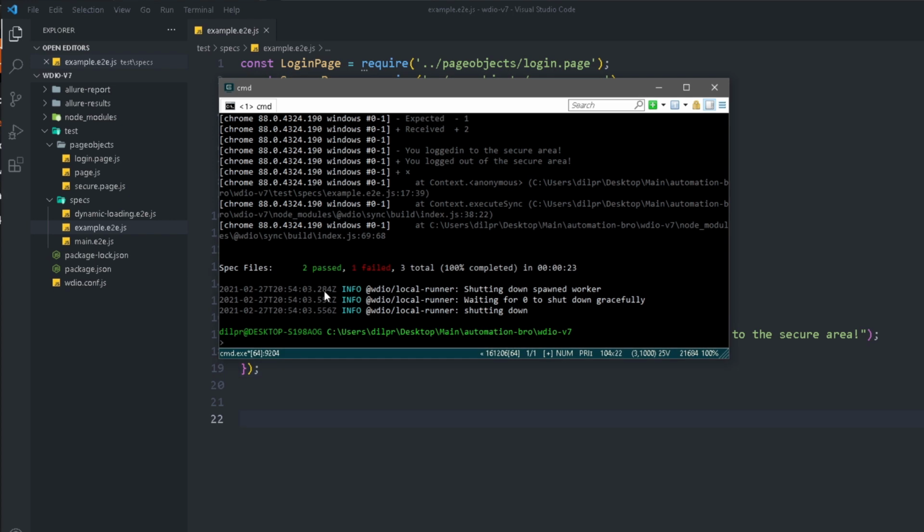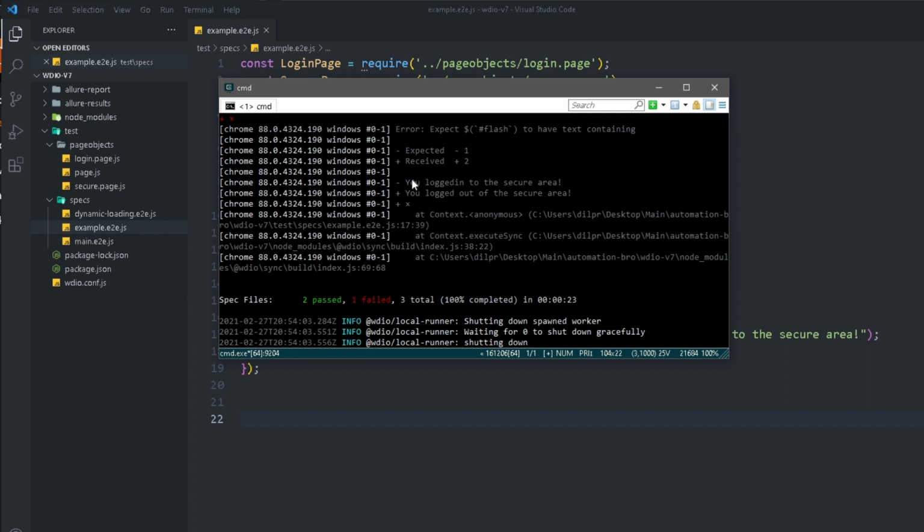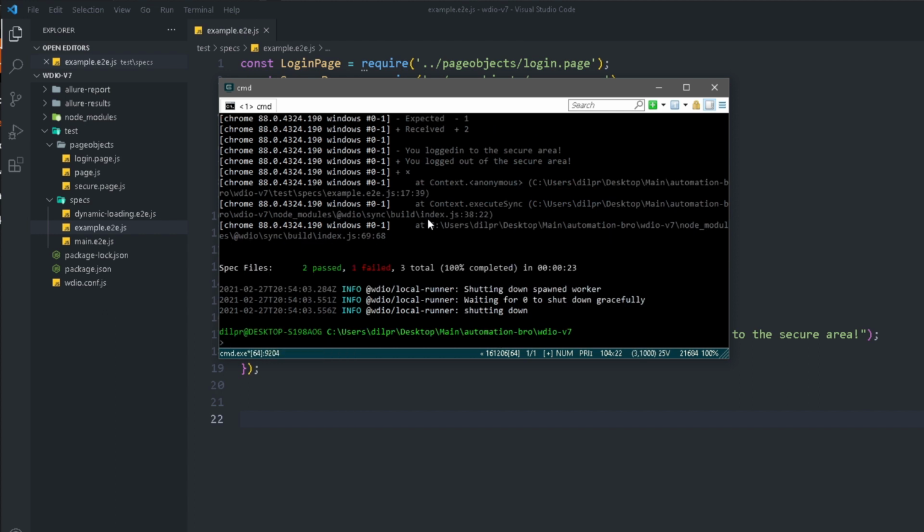Okay, so we finished running the tests, and we can see 2 tests passed and 1 failed. And here the expected was you logged into the secure area. Instead, what we got back was you logged out of the secure area, which is our expected text. Now the key thing is for us to see this failed test in our Allure report. For that, I'm going to do Allure generate, same thing as we did before, on the allure-results, and I'm going to pass in the --clean flag. What this will do is clean all the previous runs. And then I will go ahead and do Allure open.